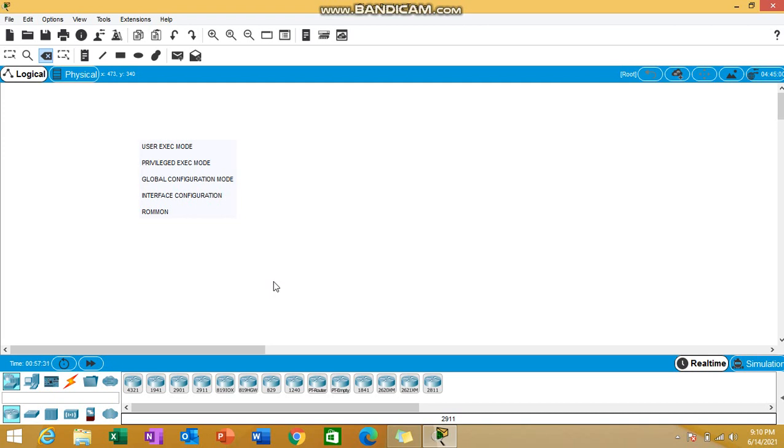The reason I'm showing ROMMON first is that at the very first you have the booting process, right? So I'm dragging a 2911 to the workspace, and I'll immediately go to the CLI, and you will find the OS is booting. While the OS is booting, you need to press Ctrl+C from your keyboard.